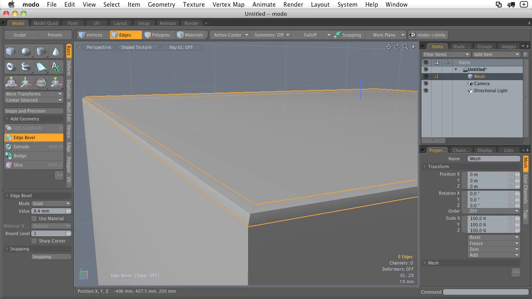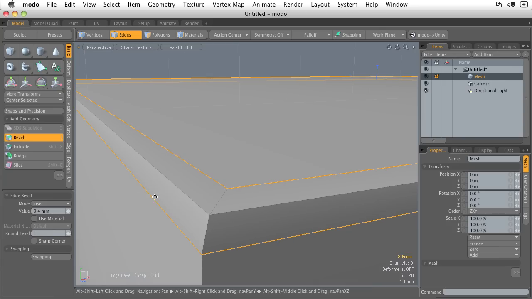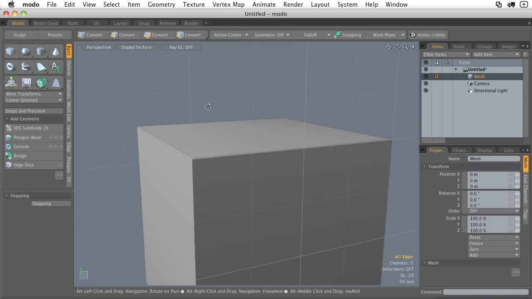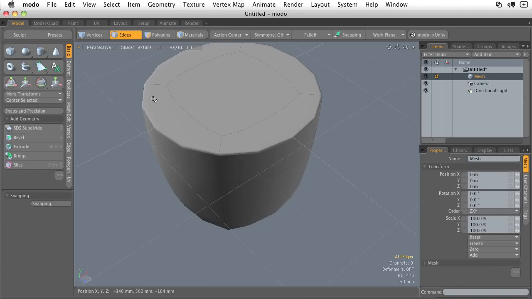Because with a round level 1, check out what's happening. Here's the location of the original edge, this guy here in the middle, and then we're adding one below and one above, exactly what we need to ensure that the SubD engine doesn't collapse this part of the geometry. If we hit tab, hey look, it's trying its hardest to shore up that top edge, but we need some